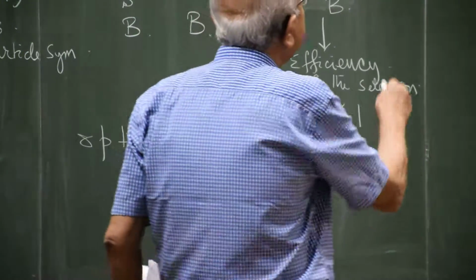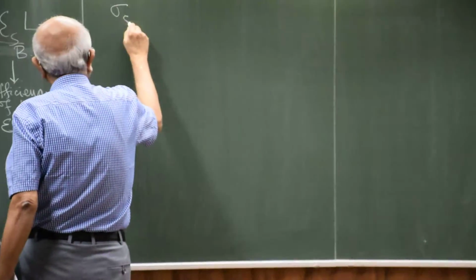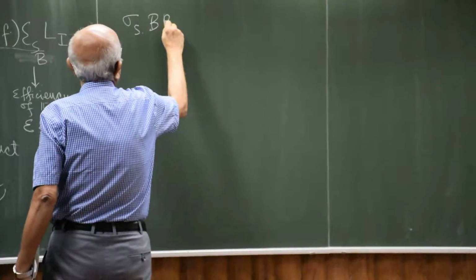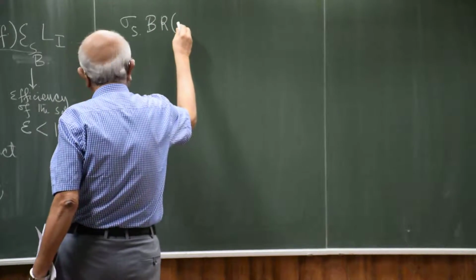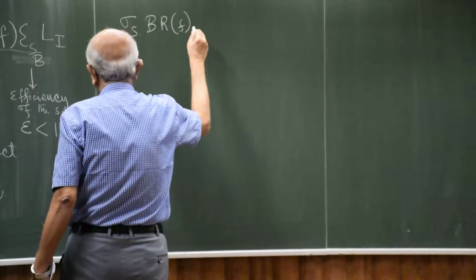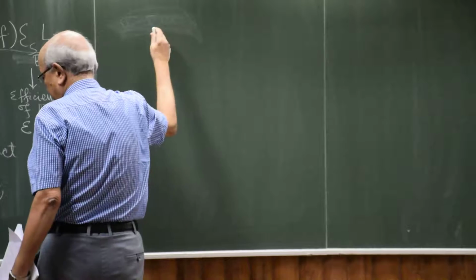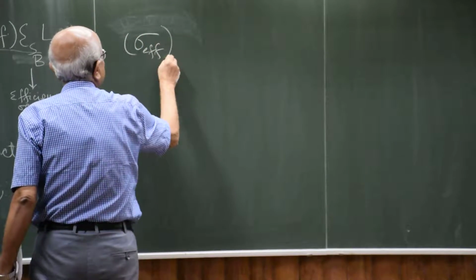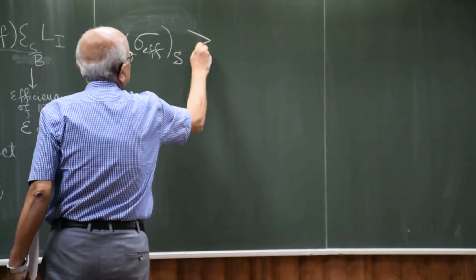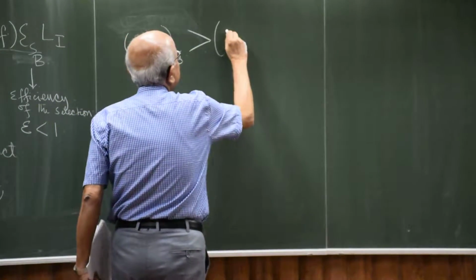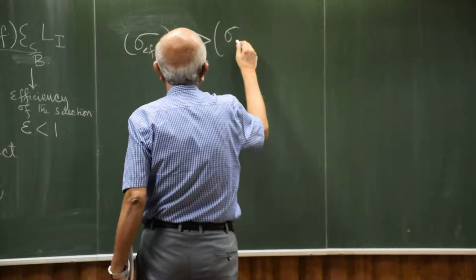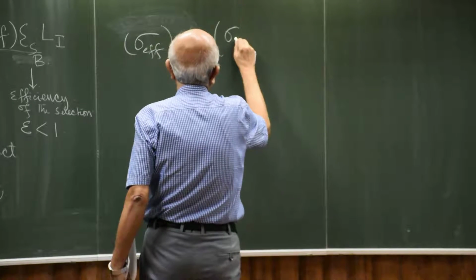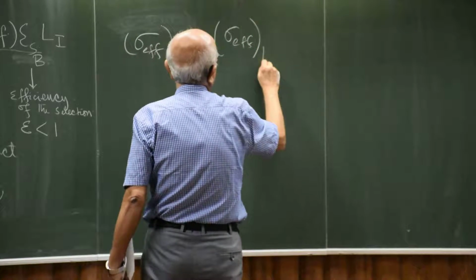And the whole business of collider physics is sigma S times branching ratio F, or sorry, sigma effective of the signal is greater than sigma effective of the background,